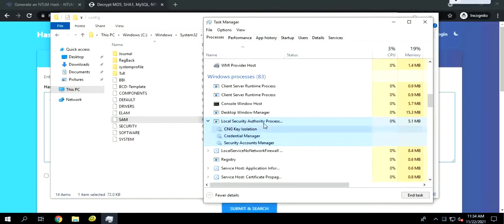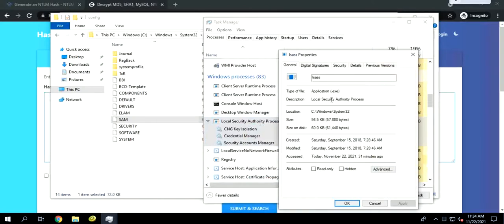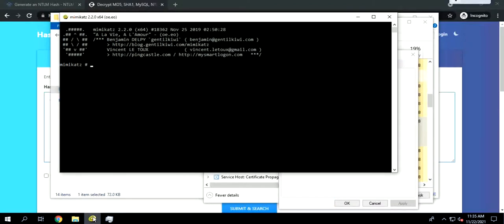This is the Credential Manager, and this is the Local Security Authority. There is this sub process which runs, the Local Security Authority Subsystem Service. This process has that file access and stores the data in memory. And when the data is stored in memory, we cannot directly retrieve it.